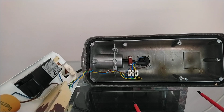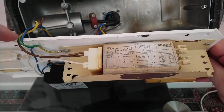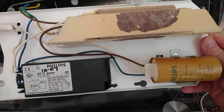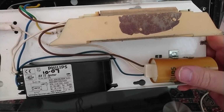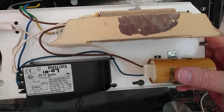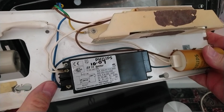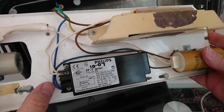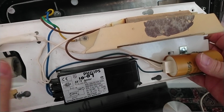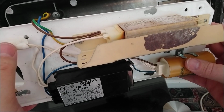put your light back together. Right, before we put the light back together, I think I'll quickly show you the inside. So this is the ballast, and the live comes to the ballast, and what we have to do now is go around. The live comes from the ballast, goes into this capacitor. One of the wires, the white wire from the capacitor, goes straight to the sodium lamp. The blue wire from the capacitor goes to the igniter just here, and this igniter then has a wire that goes back to neutral, and the white wire that's in the igniter, one goes to the output of the ballast